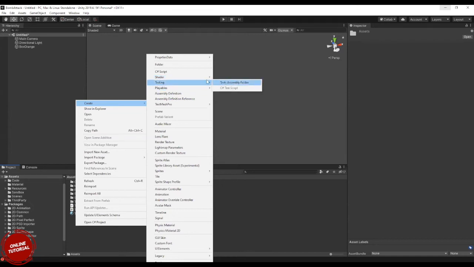This is the testing assembly folder, which you use to create test cases within Unity for your programming. Okay, playables is something you use with the timeline. You want two or three events or functions happening at the same point in time, so you use a timeline. And for the timeline to have these dynamic properties, you use a playable.